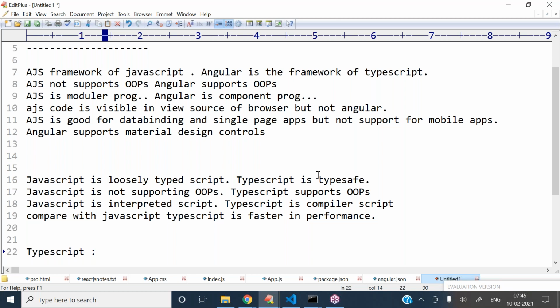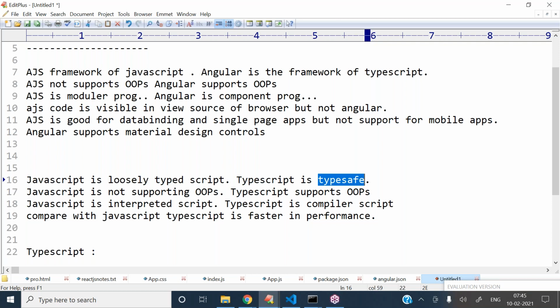So what is TypeScript and how to use it? That's the main concept here. I already told you why they use TypeScript in Angular development, because it is type safe and it supports different data types. It also supports object oriented programming concepts.